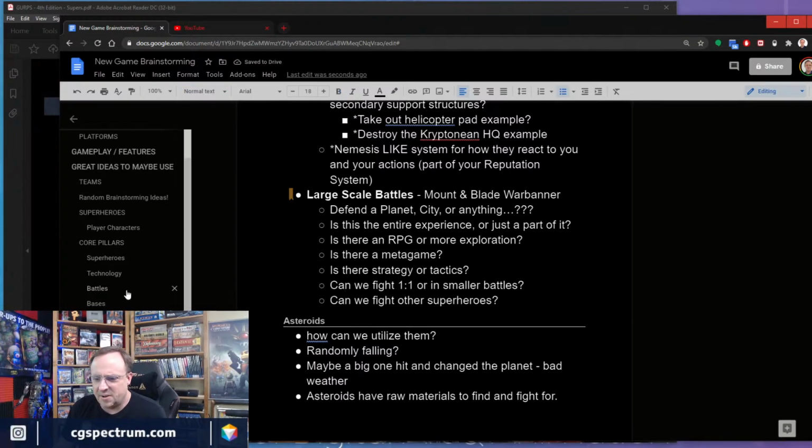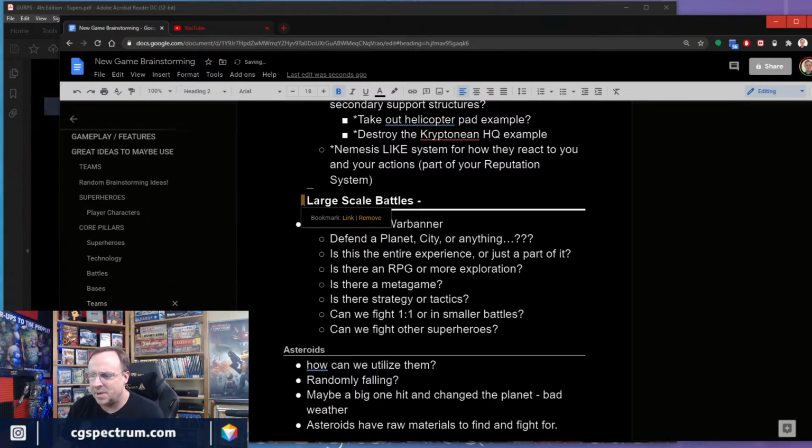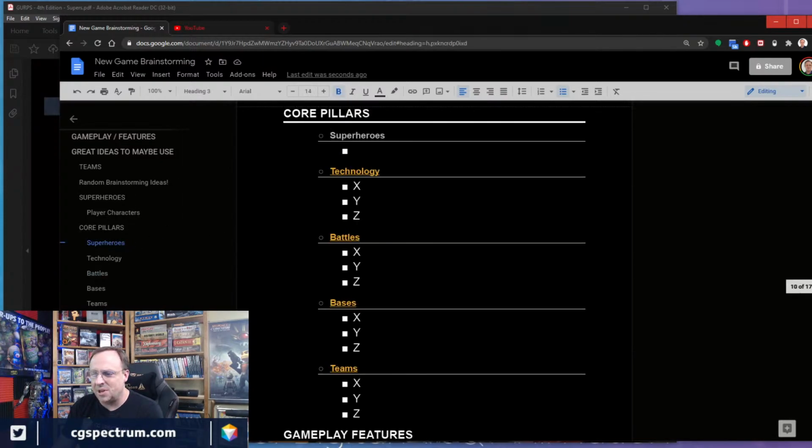But the point of that, and why I started to do this when I was double checking here, is that this large scale battles here, because it's one of my core pillars, I wanted to make sure that it showed up. If it's a pillar, to me, it kind of deserved its own section. And so I wanted to make sure that it had the stuff there. So each one of these,